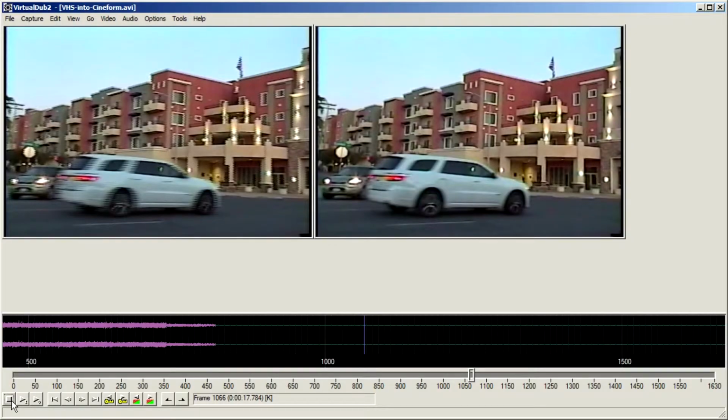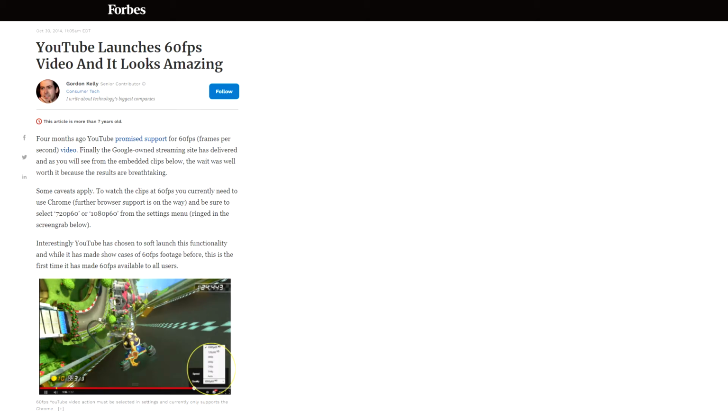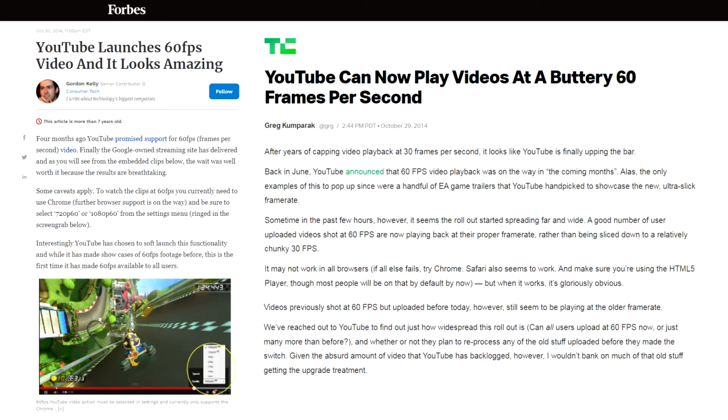smooth. A quick note about YouTube: until 2014 it supported only video up to 30 frames per second, but since then higher frame rates have been added, so you can upload your home videos at full 50 or 60 frames per second and they will look the same as they looked on your TV played directly from a camcorder.